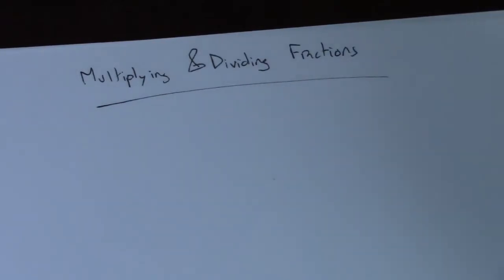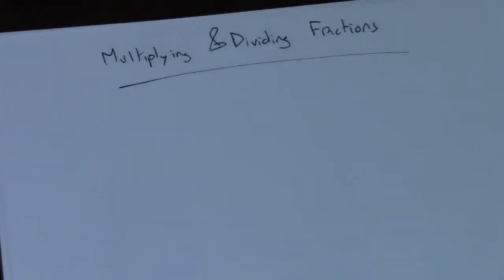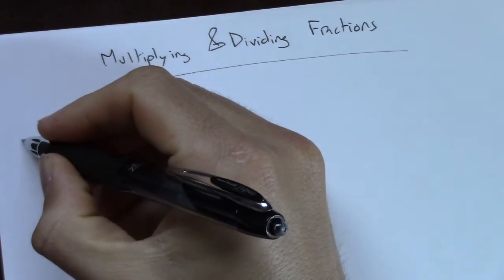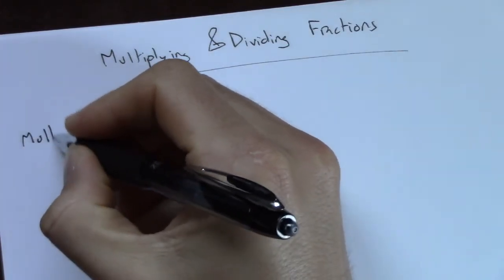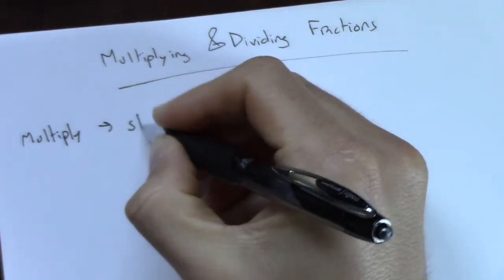Multiplying and dividing fractions. The fun thing here is we basically get to go straight across. I'm going to show two possible methods so that you can pick the one that you are most comfortable with. So I'm going to start off with multiplying, and the idea when we multiply is we get to go straight